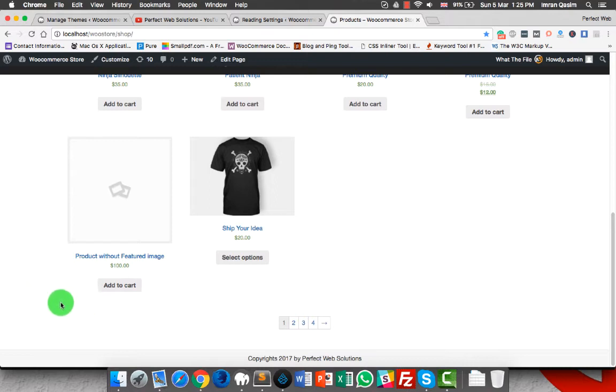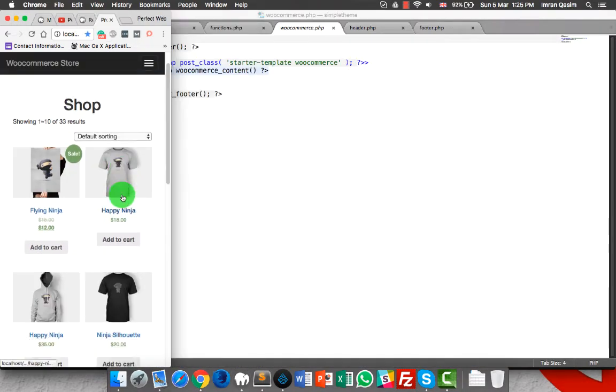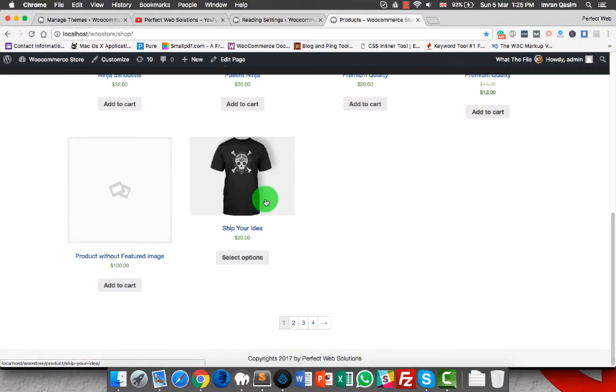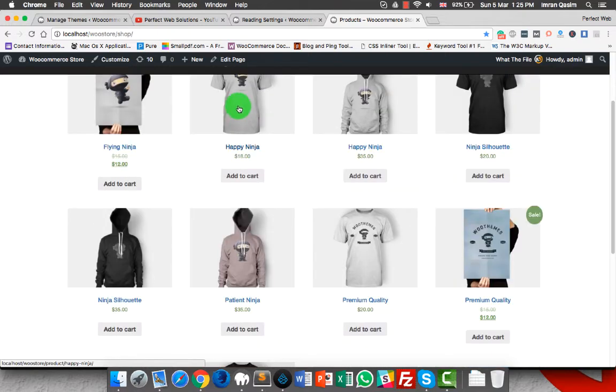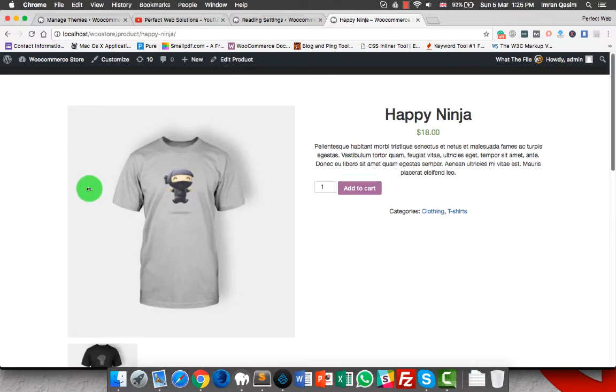The sidebar that was shown under the page is gone now, and your shop page is working properly. It is responsive, and everything is in order. Even if you click on any product, that product will also be displayed properly on the single page, of course, because it's using the WooCommerce.php file.